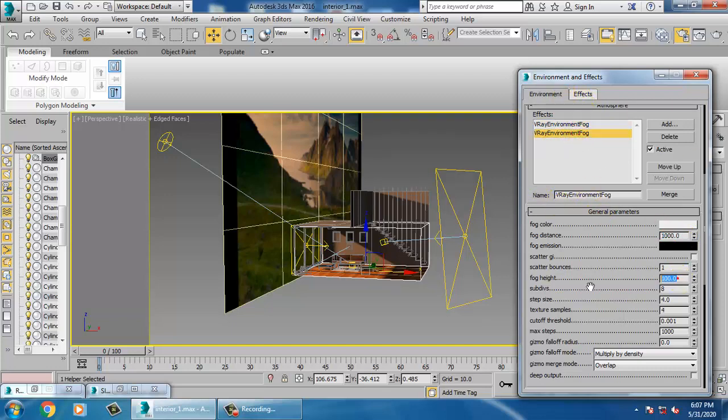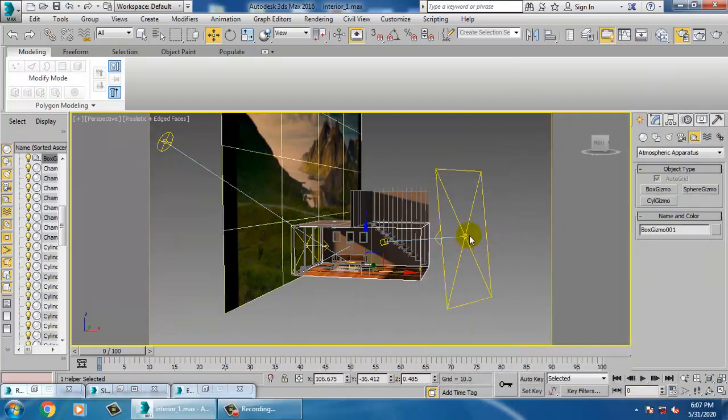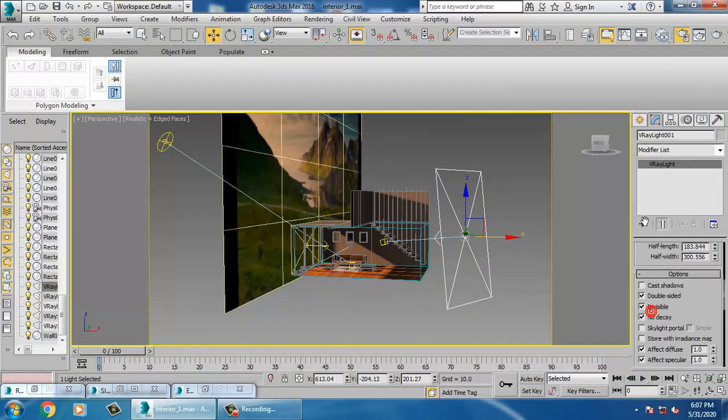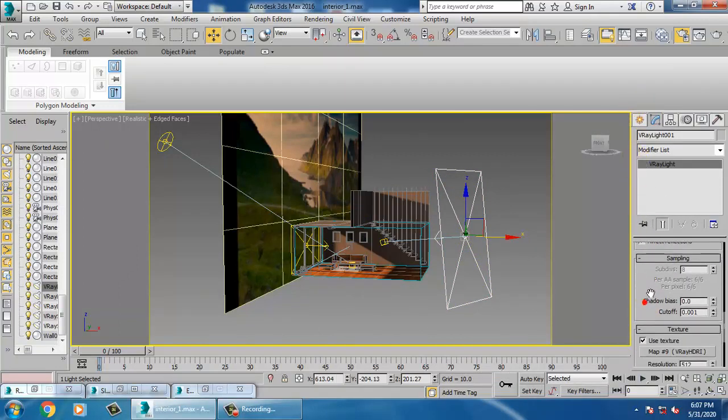We keep this as 200, subdivisions as 16. Alright, so select the light over here, and I can increase its subdivision, the sampling part.